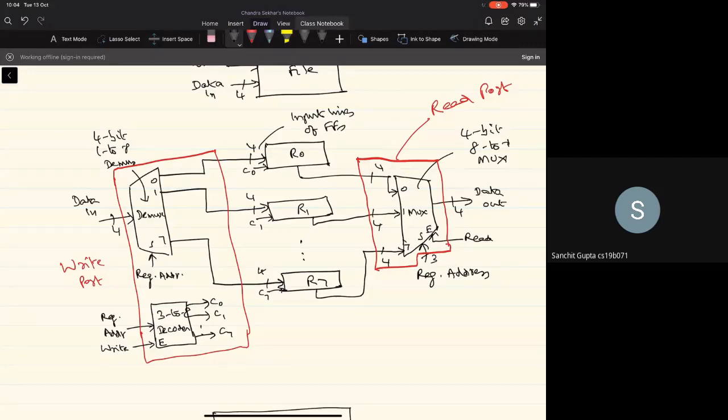So register files are very commonly used in current day processors, and the number of registers varies from one processor to another, but typically it will be 32 registers, and each register will be 32 bits wide in a 32-bit processor. If it's a 64-bit processor, it may be 64 bits wide.